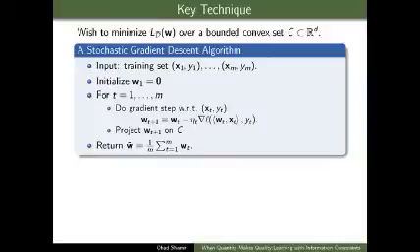OK, so I said we want to find some predictor w whose risk is as small as possible. If we knew this function, then it's not a problem. For any bounded convex set C, we could apply, say, gradient descent, find the minimum of this function, end of story. The problem, of course, is that we don't know this function because it depends on this unknown distribution D. One way to deal with it is with a very nice algorithm called stochastic gradient descent,